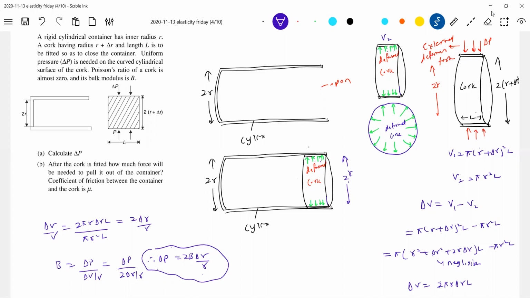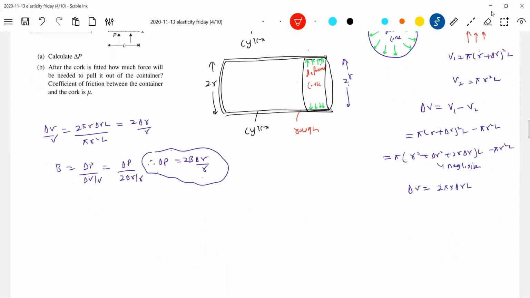Okay, after the cork is fitted, how much force will be needed to pull it out of the container? I'll apply an external force. Then there will be friction, since this surface will be rough. So what is that pulling force? The pulling force must be equal to